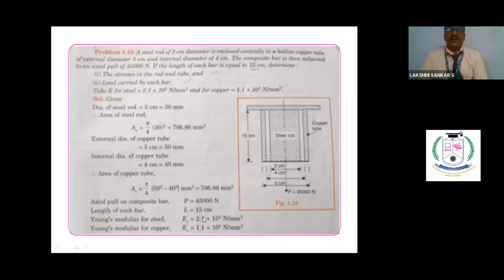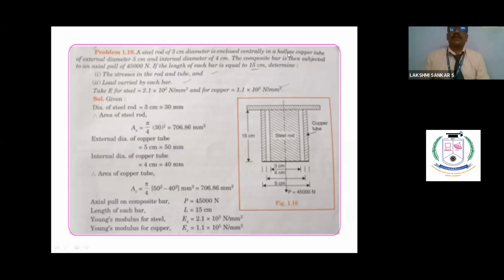Okay. So in this example, there is a steel rod. It is being connected by a copper tube. For the copper tube, the same hatching pattern is shown here. It is something like a tube, and you are trying to load it with 45,000 Newton. As I told you earlier, the extension will be the same. It is something like a parallel condition. The total load will be the sum of the loads taken by individual members. The copper tube will be taking some other load. So the total load will be the addition of this load and that load, which will give you 45,000. That is the observation.